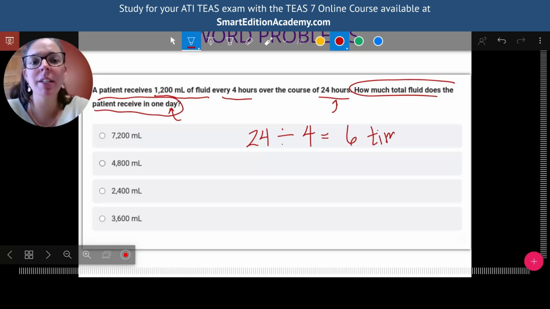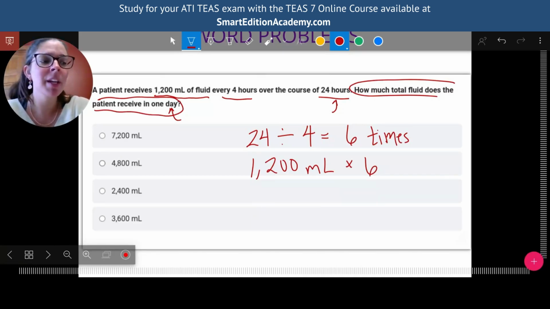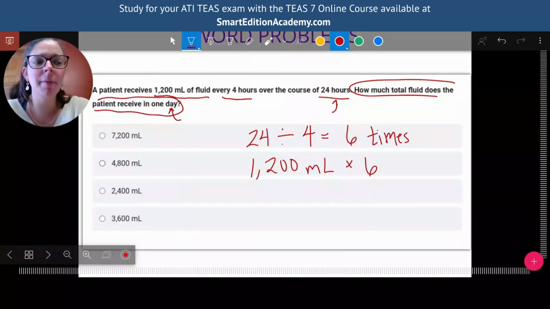They will get the fluid 6 times over the course of that one day. So I'm going to take my 1,200 milliliters that they're getting each time and multiply it by 6. So this would be a great time to pull out your calculator and let it do the hard work for you. 1,200 times 6, if you plug that in, you should get